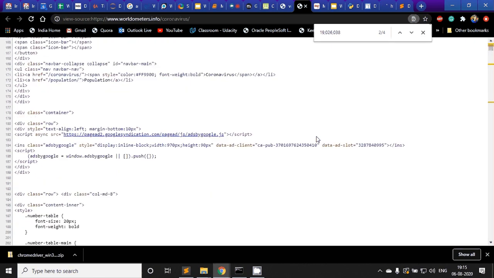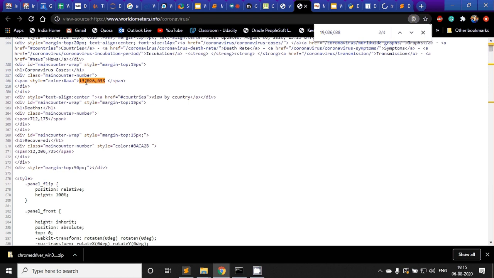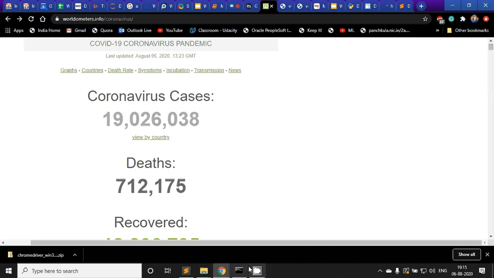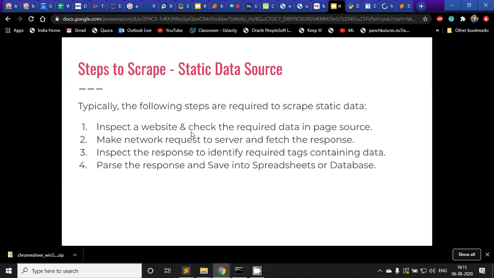If I can copy and paste this whole text somehow and find these numbers, then I am done, right? I could get these numbers if I could extract them. So firstly, I'm inspecting the source to check if the required data is available in the page source. So this first step is complete. I found that it was available in the page source.